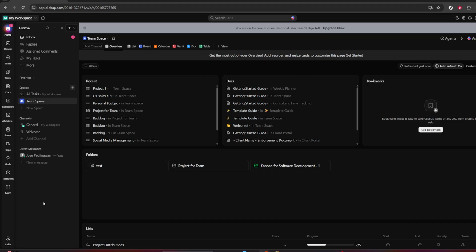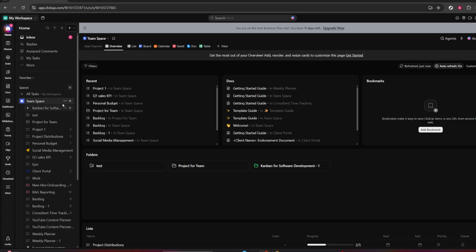First, head to your ClickUp workspace and navigate to the team space where you want to review activity. Open the overview for that space. The overview page pulls together activity across the space, so it's a great place to check status without digging into every list. If your workspace has multiple spaces, make sure you're in the right one so you're seeing the tasks